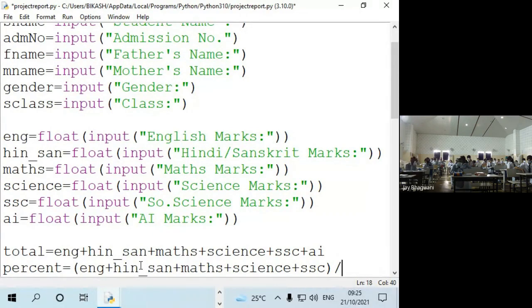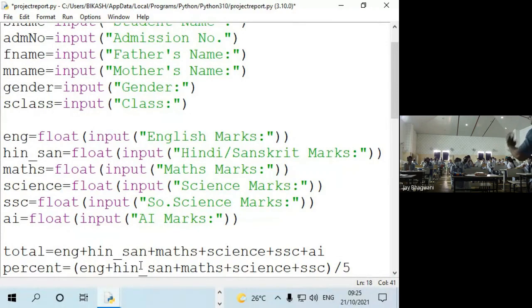Then what will I do? 500 and then multiply by 100. So I can simply write it as upon 5, because the zeros will be cancelled. In this way, only the 5 subjects are counted. The session is recording also, so whenever you see it back, if there is a need, you can check it again. Whatever program you create, it will not be exactly like this. It appears easy, but when you make the program, it will take more time.